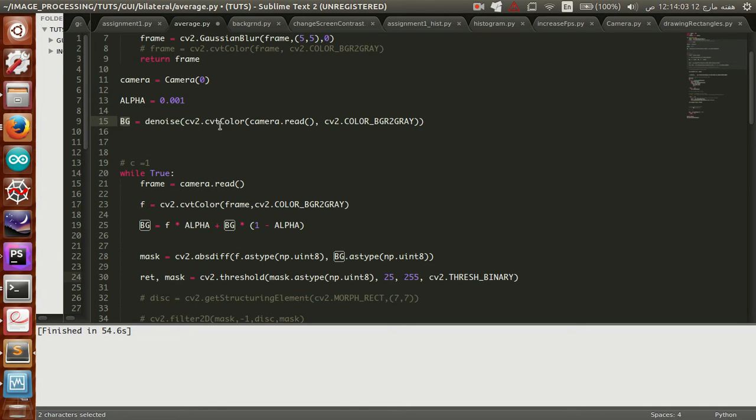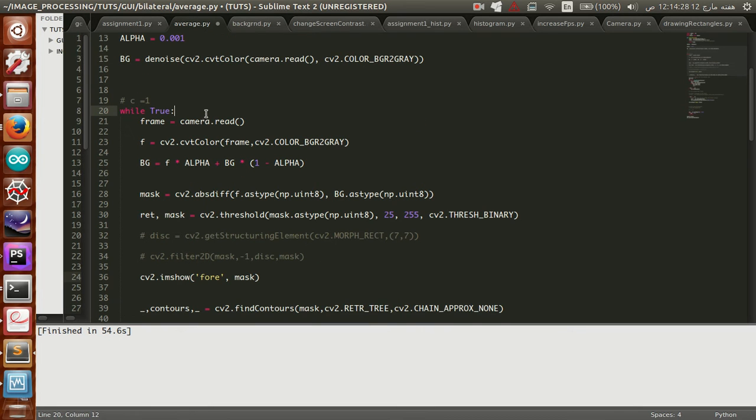Now what I do is I read a frame from the camera, and this is the first frame to be read. Okay, and I pass it to cvtColor to convert it into a grayscale format, and then I send it to denoise. So denoise returns me the filtered grayscale image, and I use that as the first image of the background. Okay, and then there is an infinite loop, and inside the loop I'm reading a frame from the